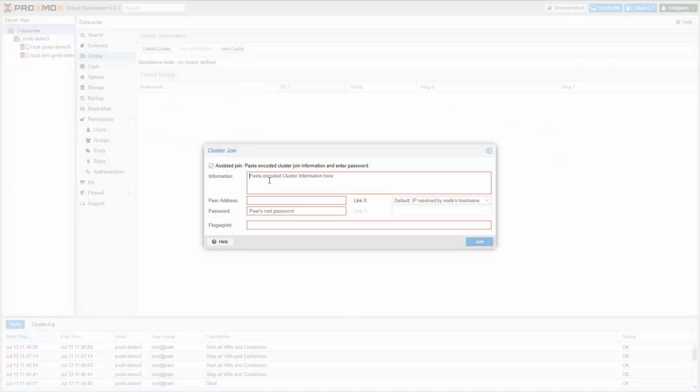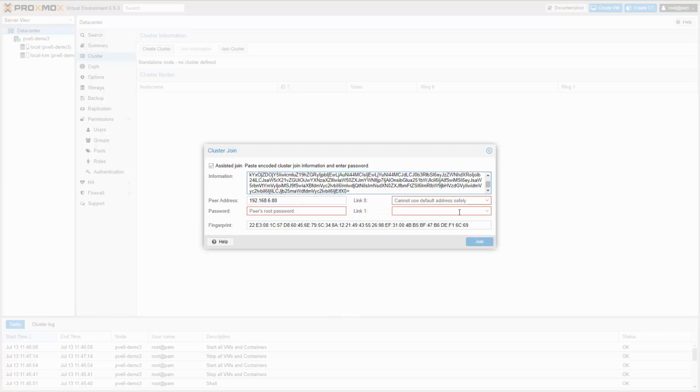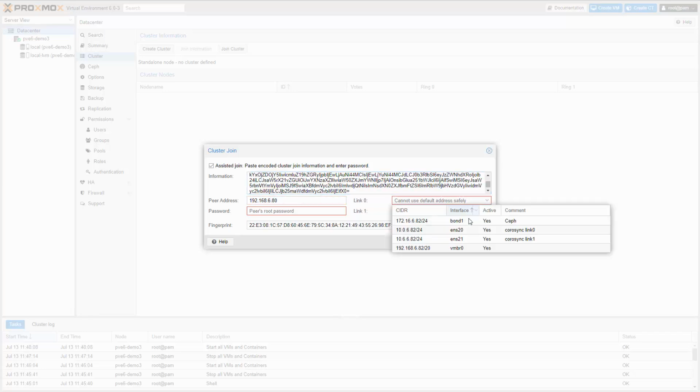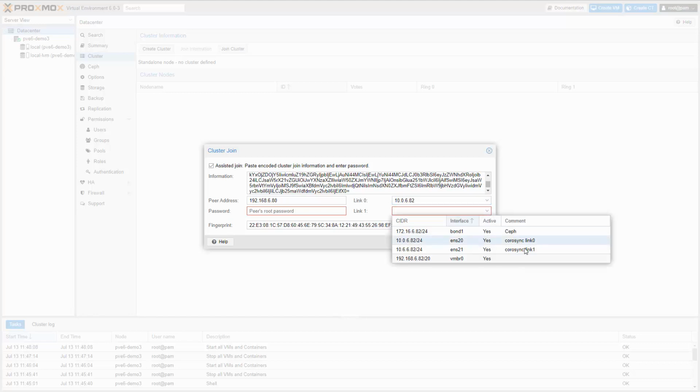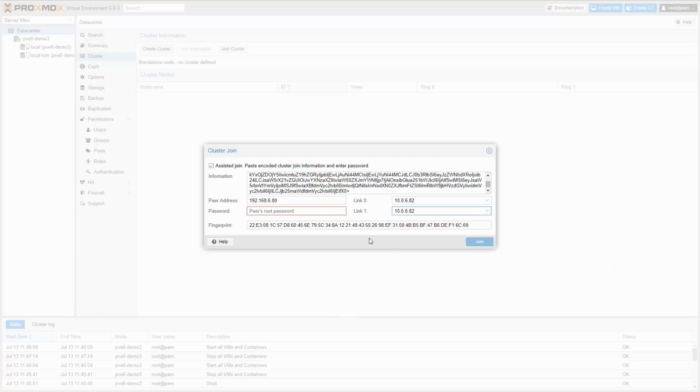Paste join information. Set the link 0 and link 1. Then enter the root password, and join.